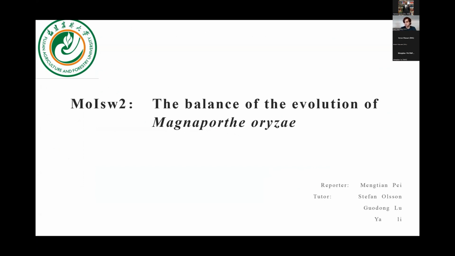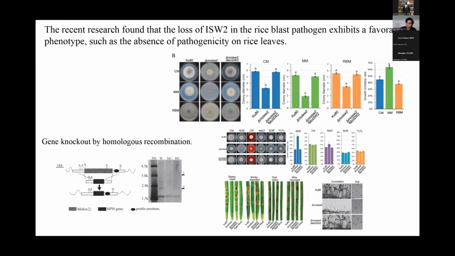And we all know Magnaporthe oryzae, commonly known as rice blast fungus, is a devastating pathogen that affects rice crops worldwide. The rapid evolution of this fungus poses significant challenges in developing effective strategies to control its spread and minimize crop losses. And we can say our laboratory is primarily focused on exploring the interaction mechanism between the rice blast fungus and the plants. In our recent research, we made an interesting discovery by looking at the ISW2 gene in